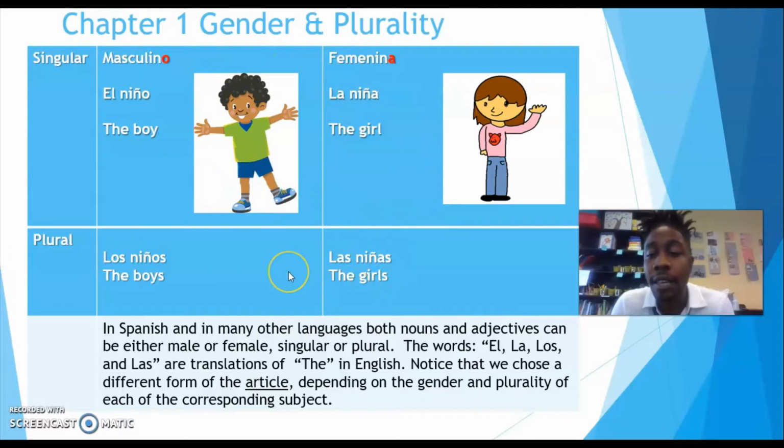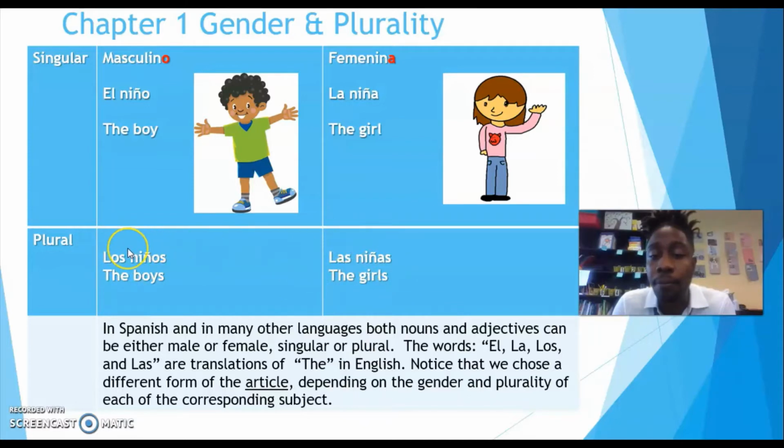On our chart, it has a lot of hints to help you out with the type of things that we need to understand. For now, just to understand the way this chart is set up is that we have 4 quadrants mainly. In the top left quadrant, we're going to put all of our male things, our boy things. You're going to see that typically in Spanish, these things will end with an O. Everything on the left side, left 2 quadrants will only be male. Everything on the right 2 quadrants, they're going to be female. We're going to separate the top quadrants from the bottom quadrants by things that are singular. If they're just one boy or one girl, we're going to put them in the top 2 quadrants. And then if there is more than one boy or more than one girl, our plural versions,